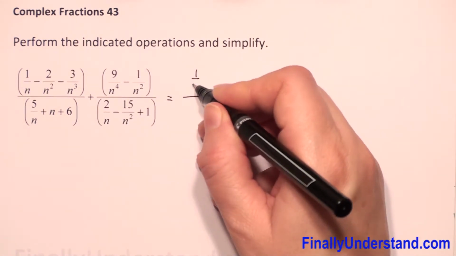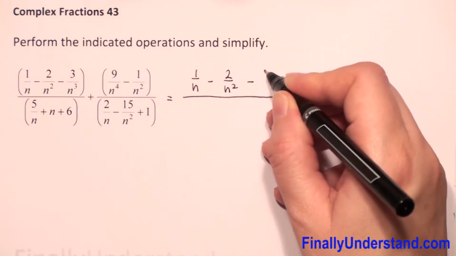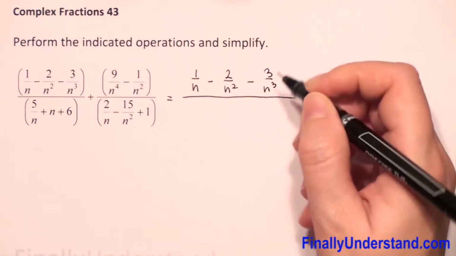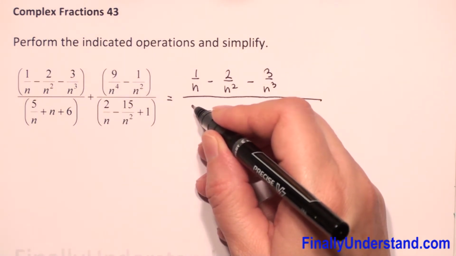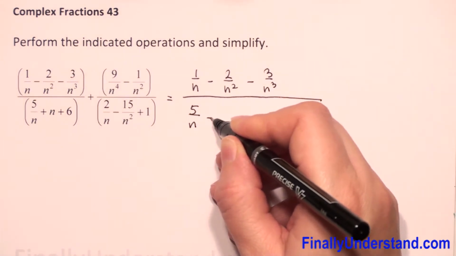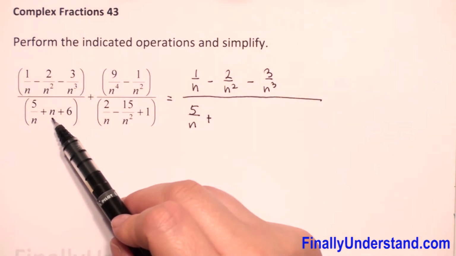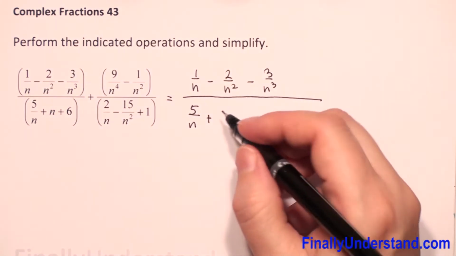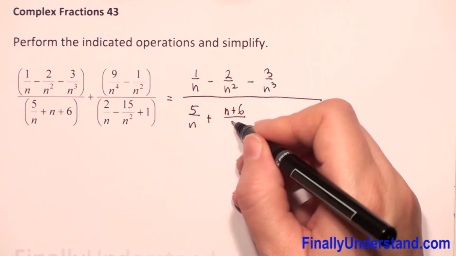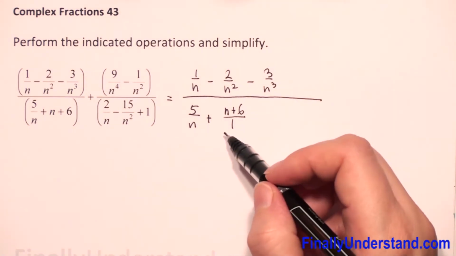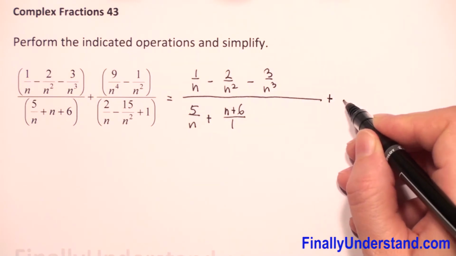numerator. We have 1 over n minus 2 over n square minus 3 over n cube, and in the denominator we have 5 over n plus, and because we have fractions, I will put n plus 6 over 1 to have a fraction. It's still the same expression, I didn't change anything, and we have plus,